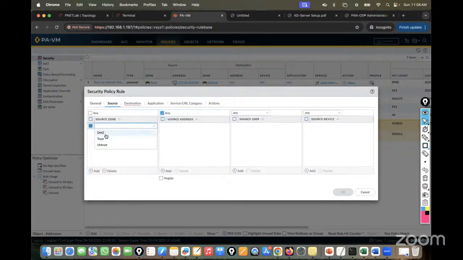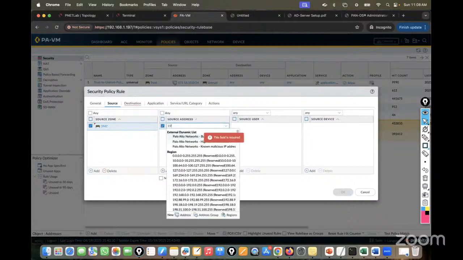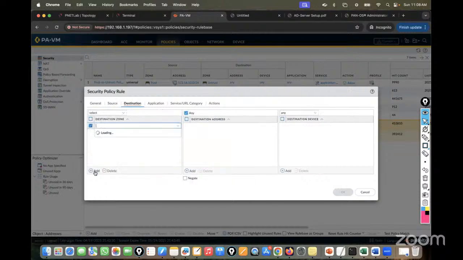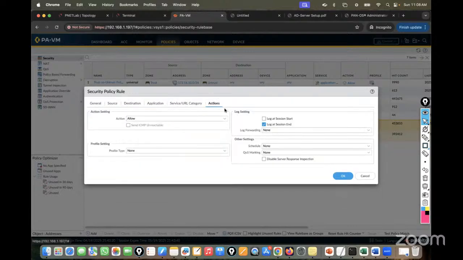Go in the source, DMZ. I'll leave the source as any because we have to control the user ID. So I'll leave the any. Our destination, I'll select the untrust. I'll leave the any. So any. Later we'll see how to control the user-based